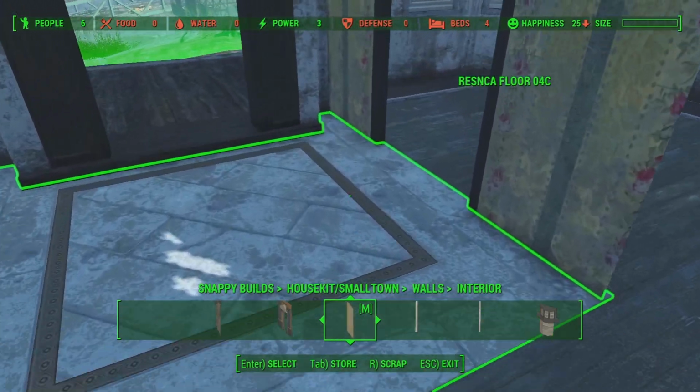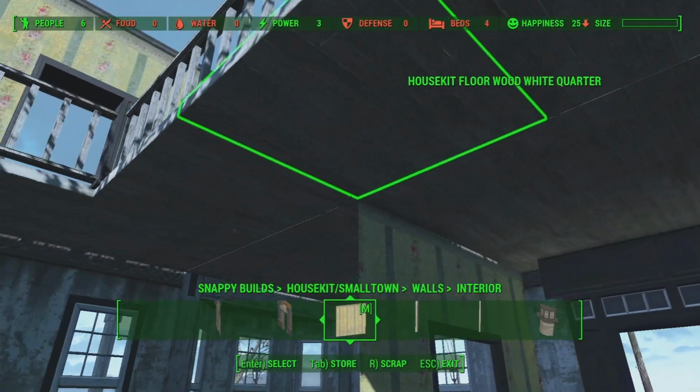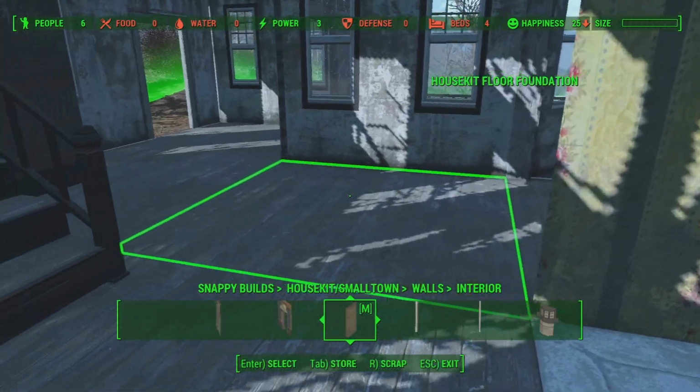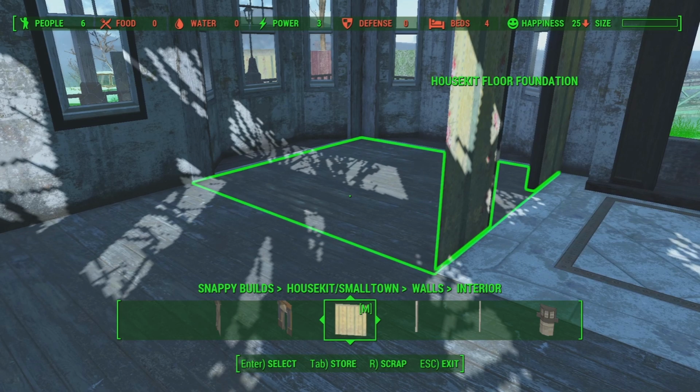This is going to be open. You're just going to walk right in. I don't want to cover that up. And yeah, we got the ceilings over here, which is perfect. So do we want...